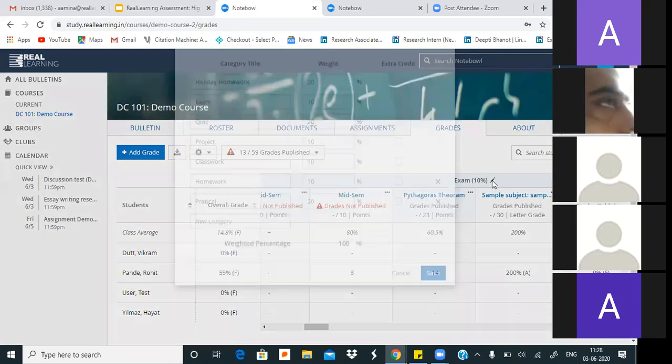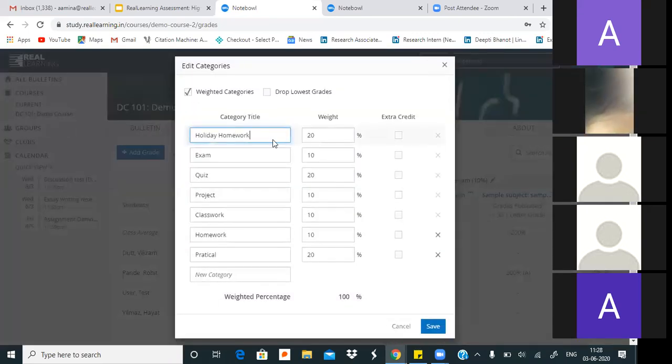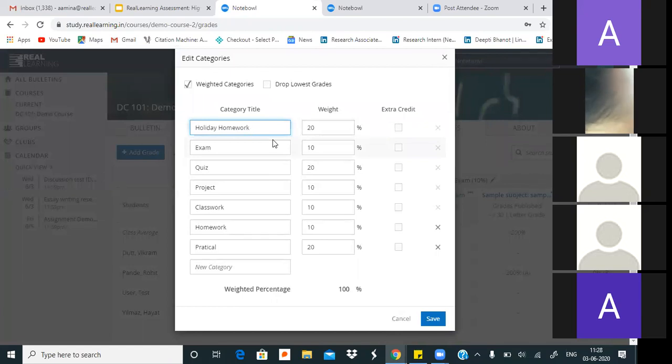Edit category means you can edit what each category of assignment is called, and you can also edit the weightage of that category in your session, as per the instructions given to teachers for deciding the weightage of their various assignments.